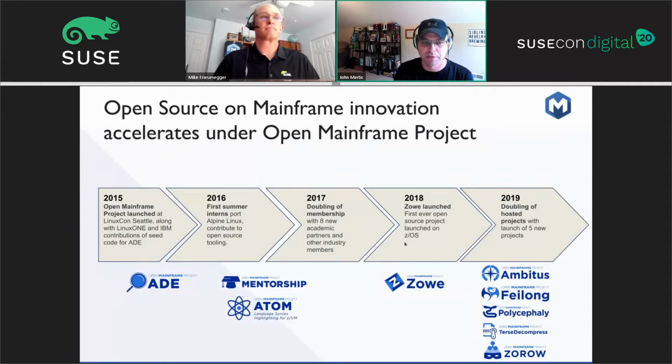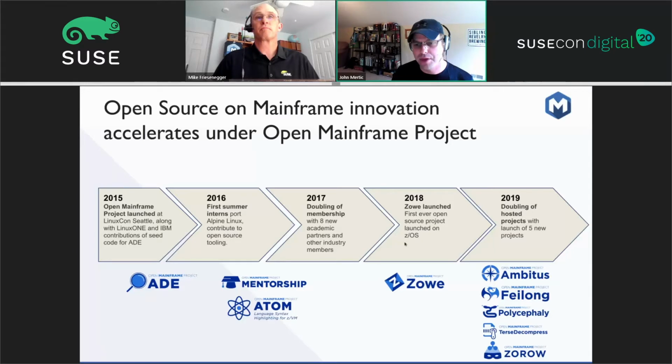It was really a part of a double down from IBM on driving more Linux on the platform as they announced LinuxONE boxes and an effort for bringing this code over. And this has just really taken off. Some of the early focus has been around interns who have made contributions to many, many open source projects, including Cloud Foundry and many of the SUSE build system projects, thanks to folks at SUSE for collaborating with them.